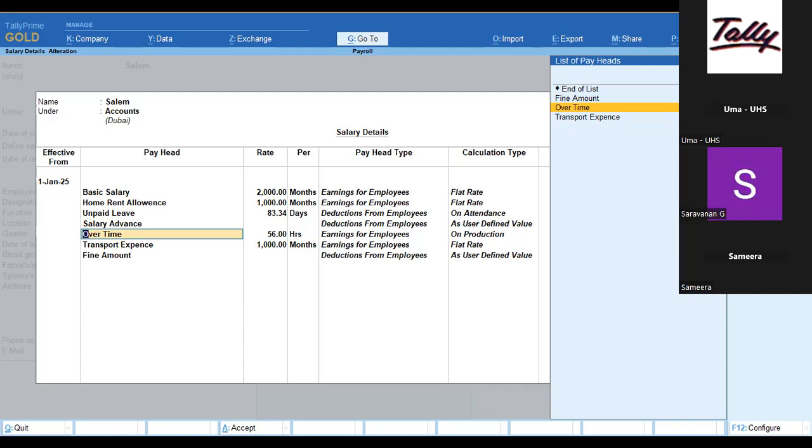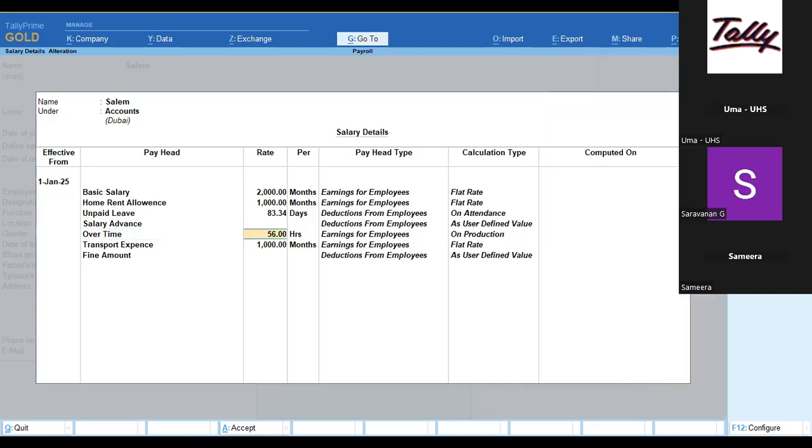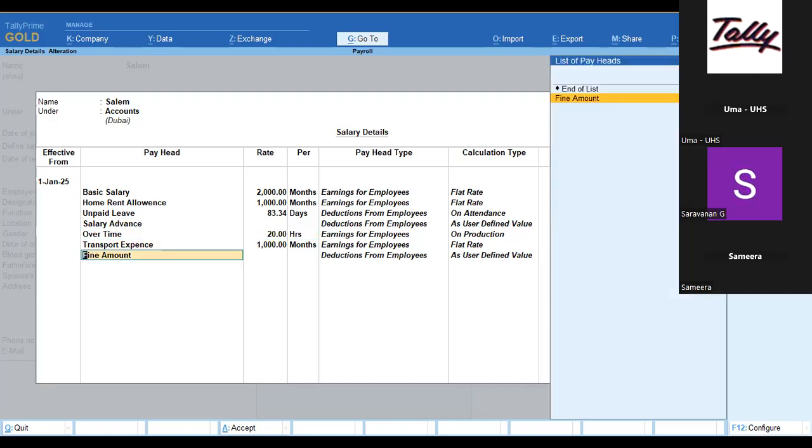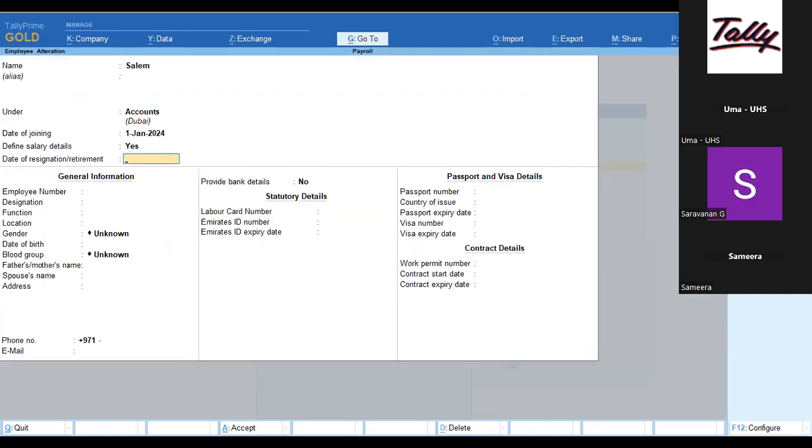The same with overtime, which means how much per hour you are giving to the particular person. Each employee has a different overtime rate, no? So you can calculate the rate for one hour for this employee and mention it from here. The same for transport expense and any other deductions, like fine amount. For any late-coming person you want to deduct from, you can create it from here. Then you can save it from the employee. After saving,